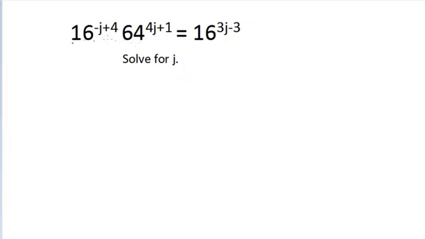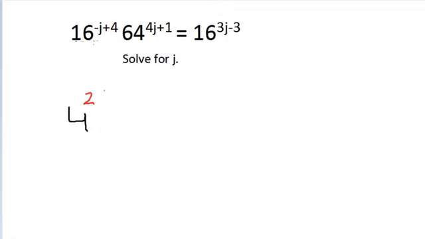So first we have to get a common base. So let's see some factors that can be squared, cubed, or raised to the fourth power that will equal these numbers over here, 16, 64, and 16. So 4 squared is 16, 4 cubed is 64, and 4 squared is 16. So that works. So we have 4 to the power of 2,